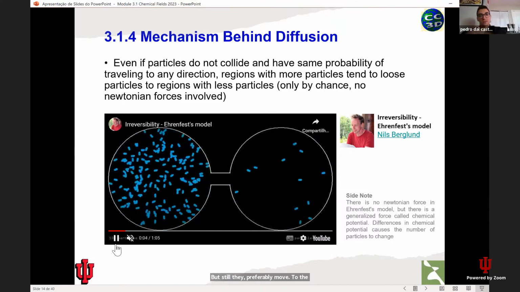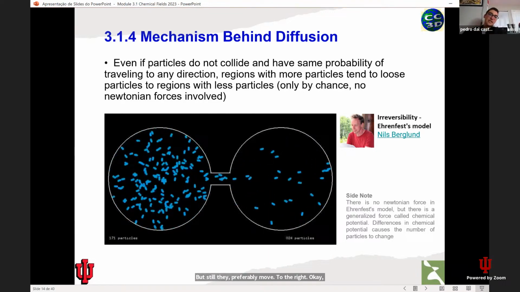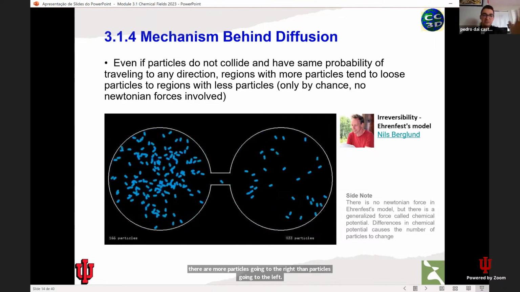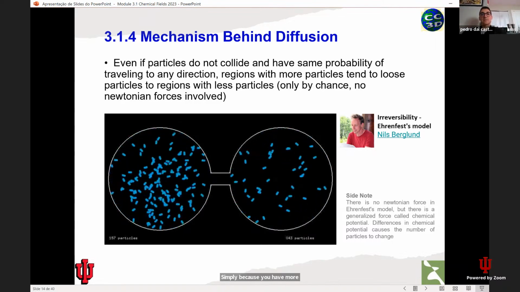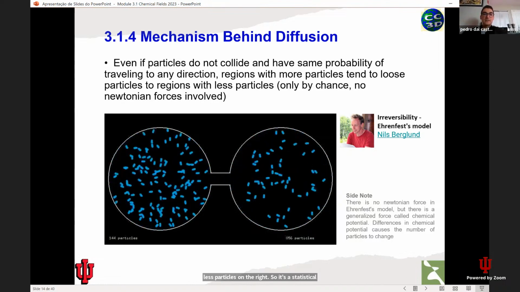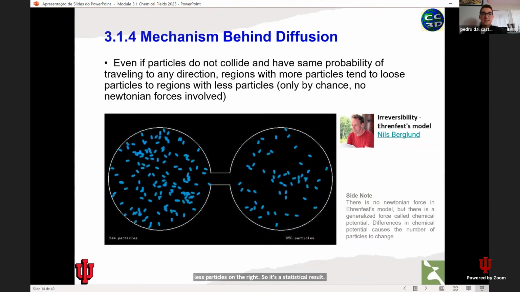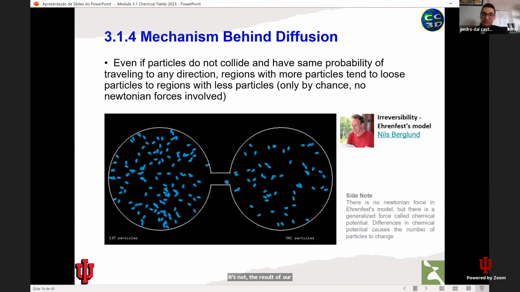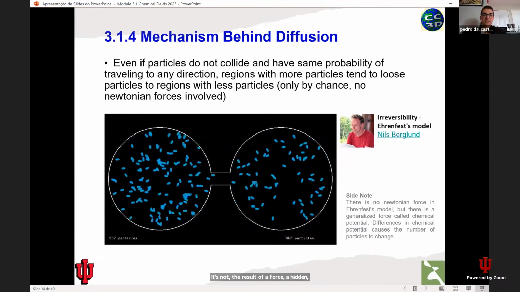There are more particles going to the right than particles going to the left, simply because you have more particles on the left and fewer particles on the right. So it's a statistical result. It's not the result of a force, a hidden behavior. No, it's simply a statistical